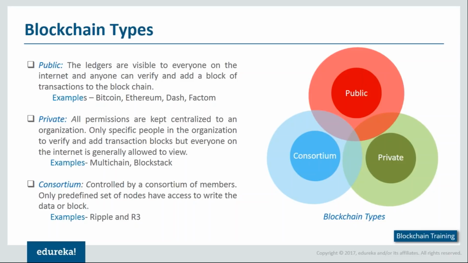Now, another idea with respect to the consortium blockchain that I can give you is with respect to the healthcare system. A few organizations are trying to establish a consortium blockchain where people with selected access, mainly doctors, can view the complete records of patients present in the blockchain. So if a patient is admitted in a different hospital, you don't need to send his record details across. He can directly access it from the blockchain given enough privileges, and it ensures that the record is not tampered with as well.